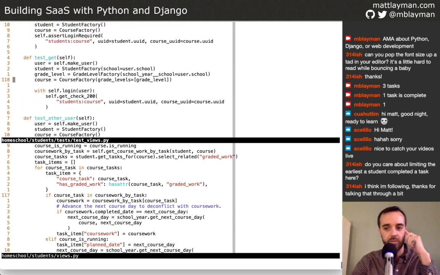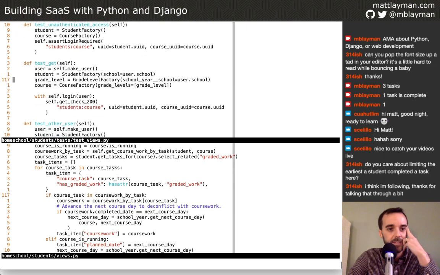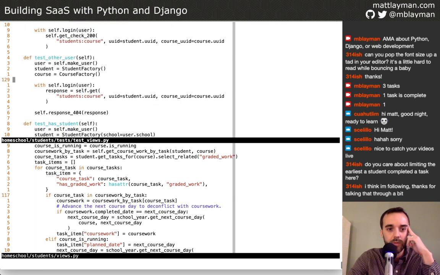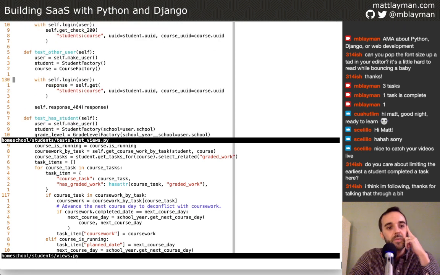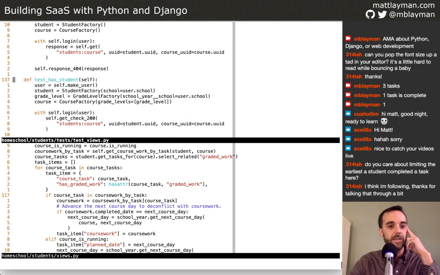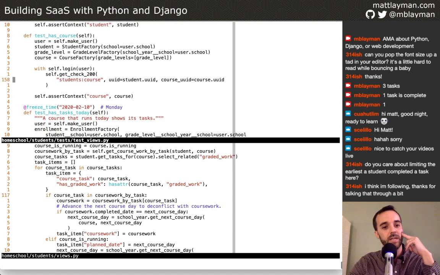So what test do I have in here to start? So we've got my standard unauthenticated test. We have our happy path test that actually shows that it will render with a 200. We have some checking to make sure that you can't do this for some other student that's not your own. And then we check for some context data